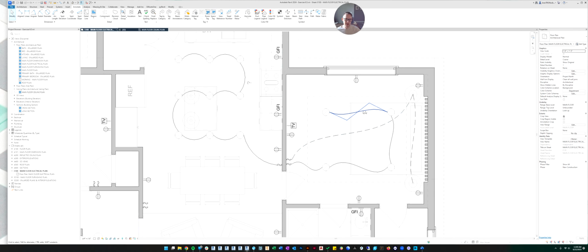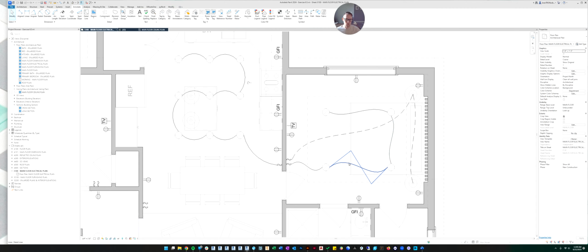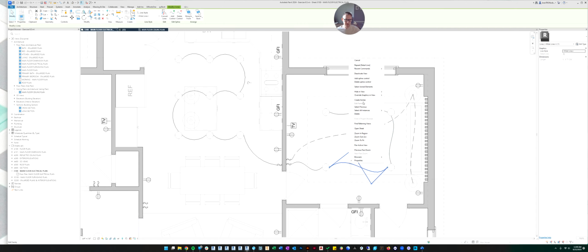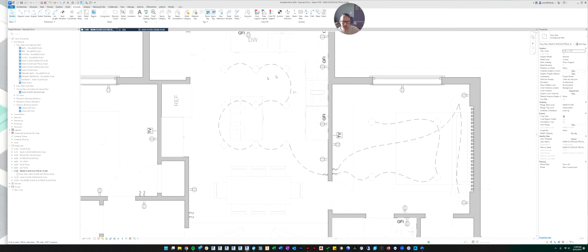All right, so what do you do now? I've already drawn all these lines. So if you just click one and you right click on it and you select all instances visible in view, it'll select all the lines of the type that you drew before. So when we were drawing before, we had selected the wide lines, which isn't what we want. So you can select all of those and then you can just change that to hidden lines. And now it matches. So now we've got hidden lines and they're looking pretty good.